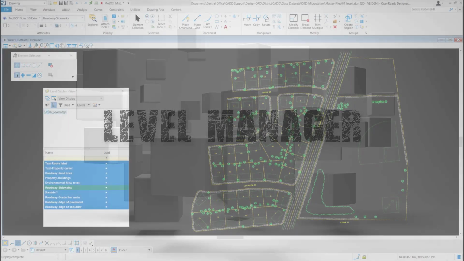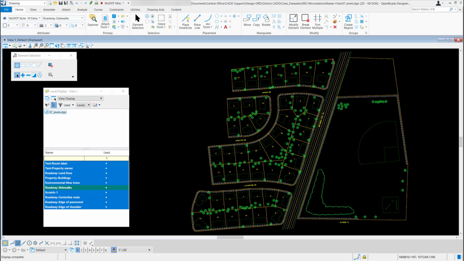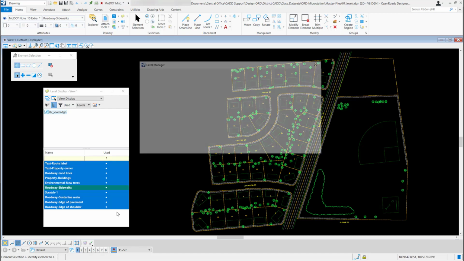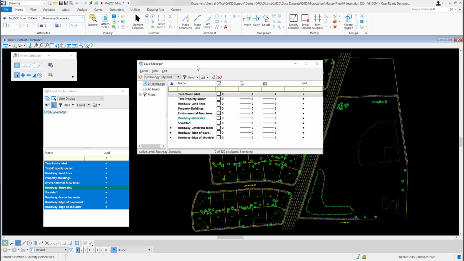In this video, we will be going over the Level Manager settings. To get to the Level Manager, all you have to do is right-click over the levels. It's this last option down here on the bottom. It's called Level Manager. I'm going to left-click to select it, and it's going to pop up the Level Manager